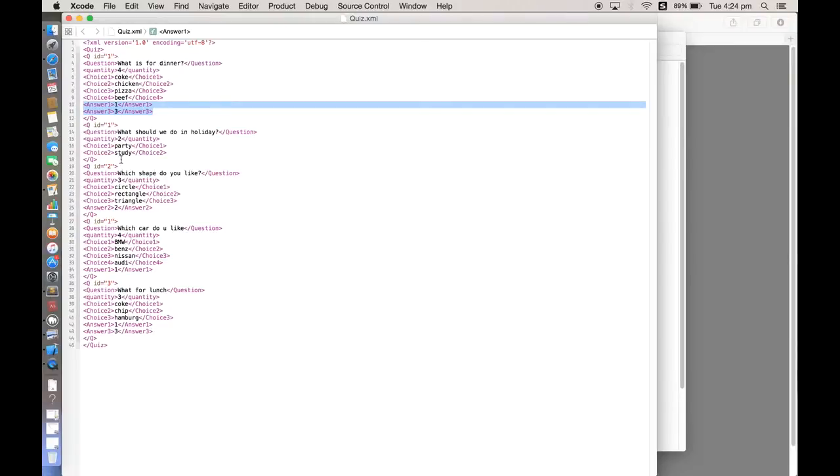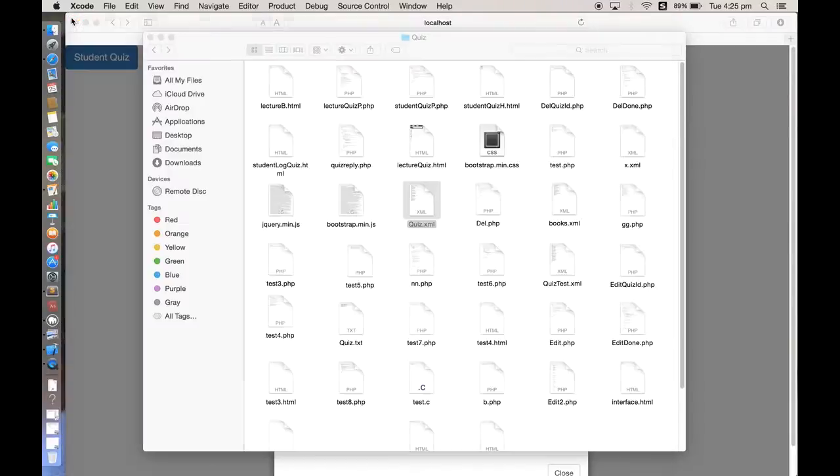We can see that all questions with different quiz IDs are saved in one XML file, so it's easier to manage in the database. That's basically what